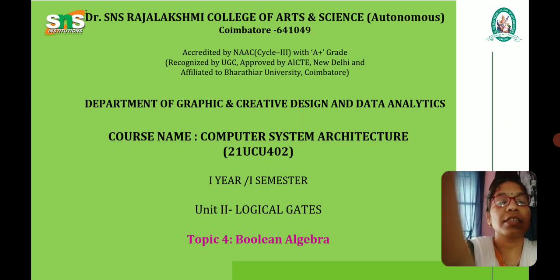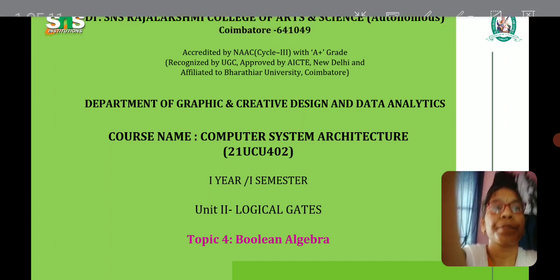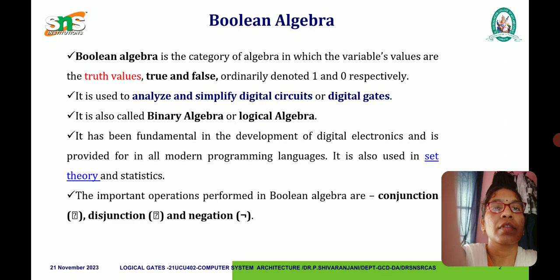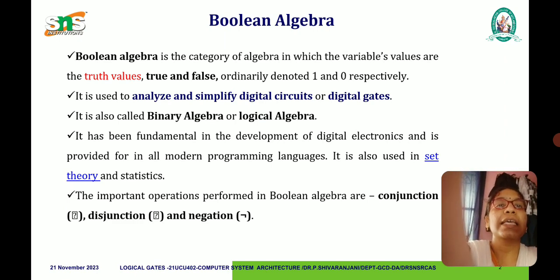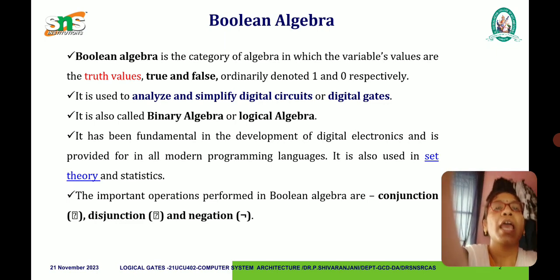So today we'll discuss Boolean algebra in logic gates. Boolean algebra is the category of algebra in which the variable values, or truth values, that is true or false, are ordinarily denoted by ones and zeros respectively. It is needed to analyze and simplify digital circuits or digital gates. It is also called binary